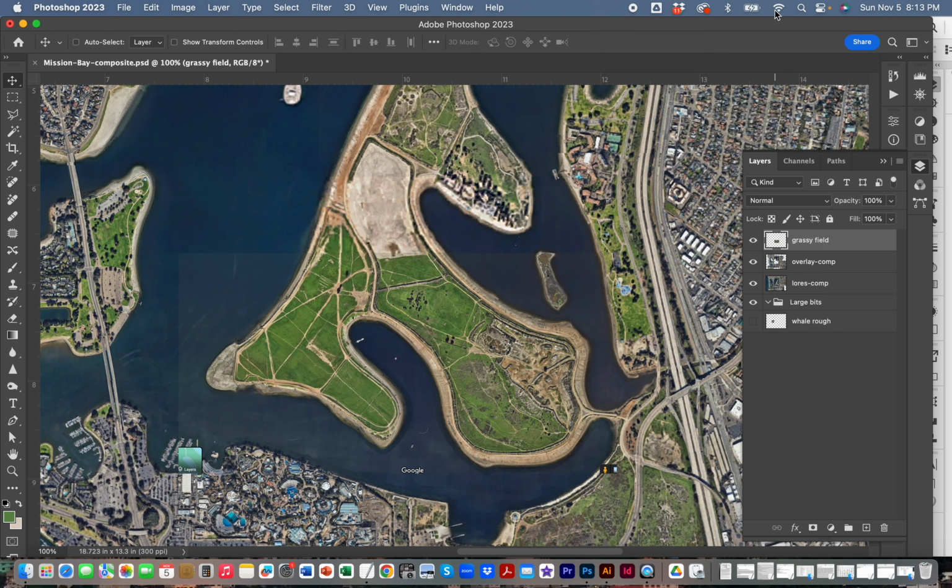And now I just have to clean this up a bit because it seems like it might be fine. Yes. We'll just leave that little island there, but I want to actually just get rid of some of this extra